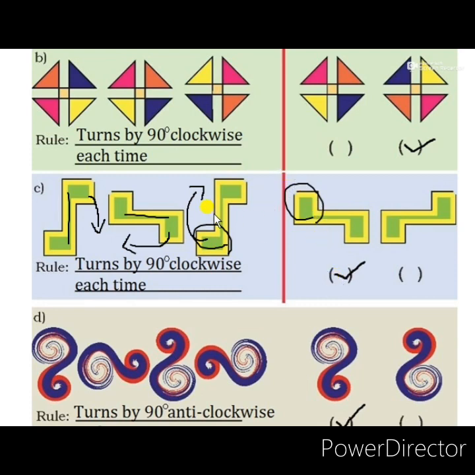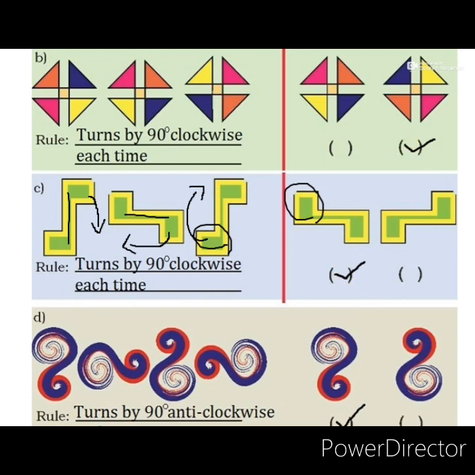The second pattern is not suitable. Both are horizontal, so you will get confused. But the part you first selected to show the movement, that only you have to always keep in observation. Then you find that the downward portion of the blue green color moves to the upside. So the first option is correct for this pattern. So tick the first option and write this rule for this pattern.